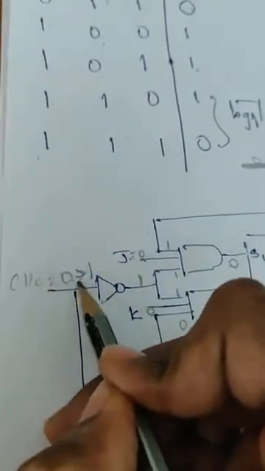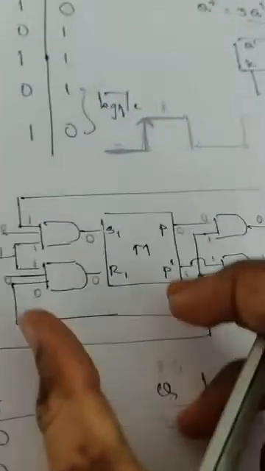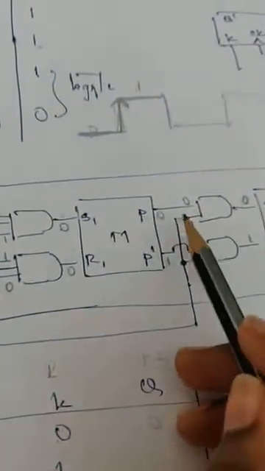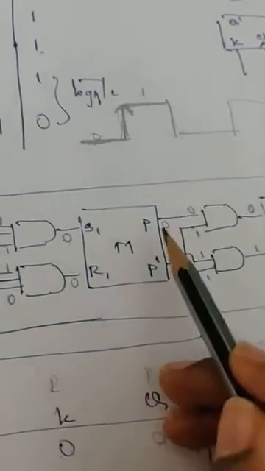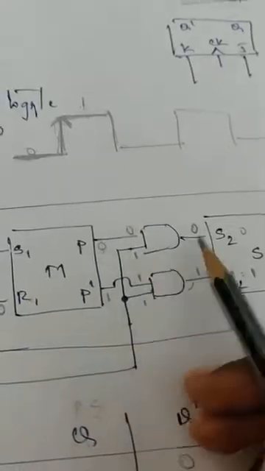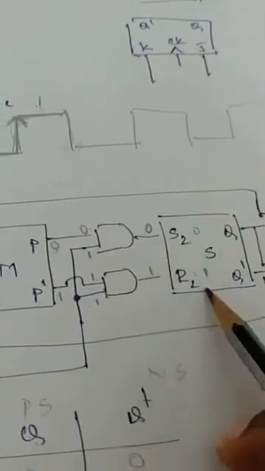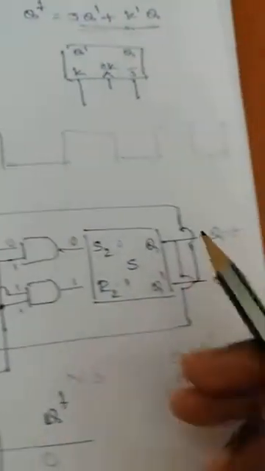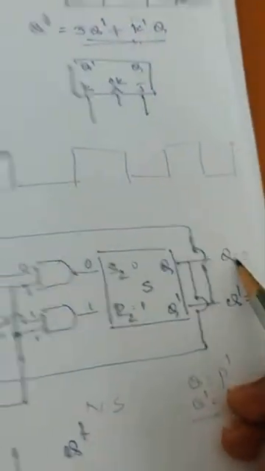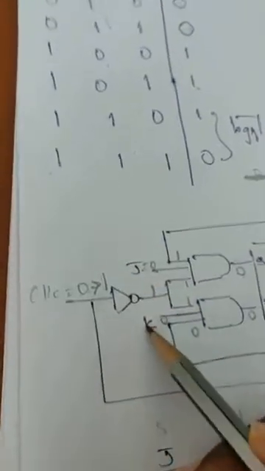When the clock moves from 0 to 1, this part of the master will get deactive. Now the slave will be active. I have taken a connection from the clock here to here. So this will be 1, this will be 1. If P is 0, P bar will be 1. So 1 and 1 is 1, 0 and 1 is 0. So S is equal to 0, R is equal to 1. That is nothing but the reset state. Q will be 0. Previously it was 0, so it returns again to 0, because the combination of J and K is 0 and 0.